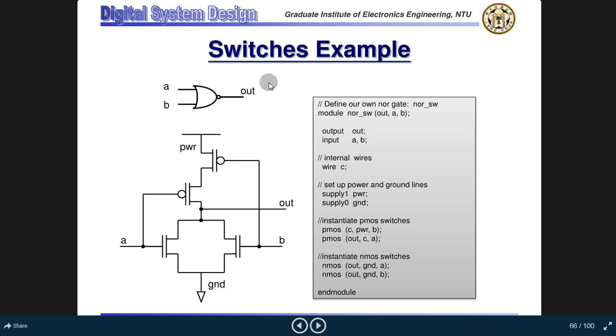The ports are output. So as we have already discussed, the behavioral structure, this is the output, and this is A and B. These are the behavioral structure. So this is the module of NOR gate. So first we will express the ports. This is the output, and these are the input ports A and B sequentially.